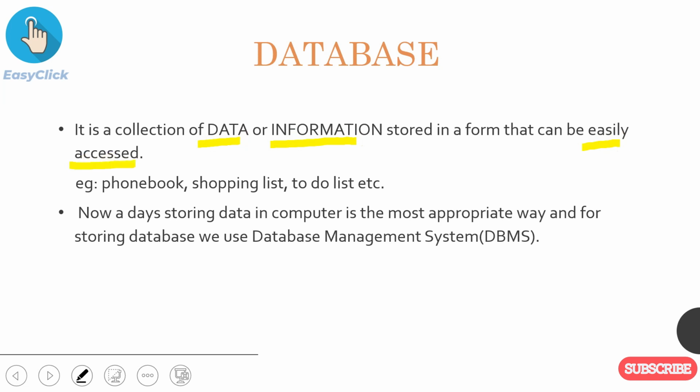Examples of data are our shopping list, our to-do list, our list of chapters in a book, anything which is relatable, these are known as data. And there are various ways to store this data. We can store data on paper, on our phone, in computers, in our mind, right? But I can say that nowadays the computer is the most appropriate way to store our database, right? Because if a large amount of data is stored, then it is the most convenient way to store it in computers.